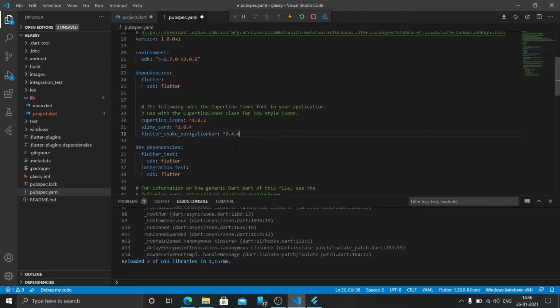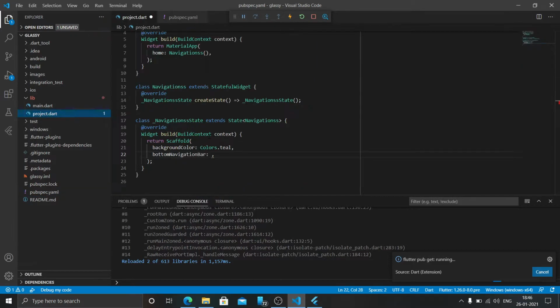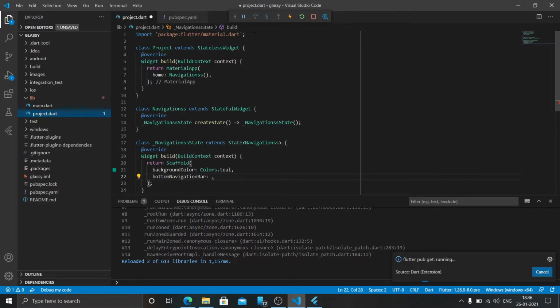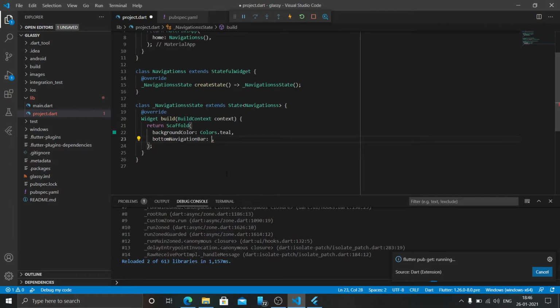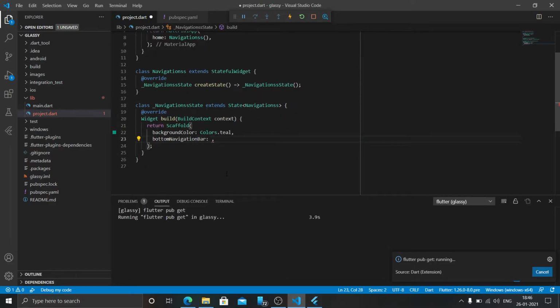Let's save it and make sure that flutter pub get was automatically run, or else run it manually in the terminal. The next thing is to import the package. Let's see if Flutter auto imports the packages.